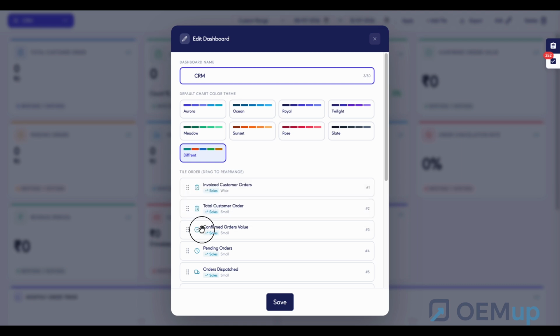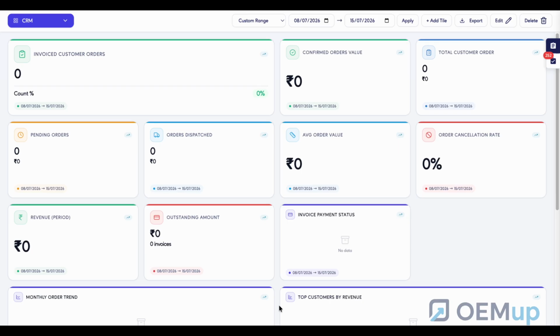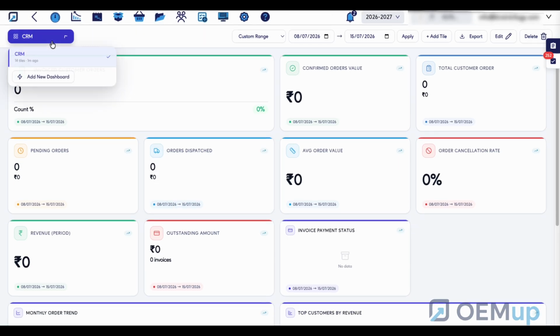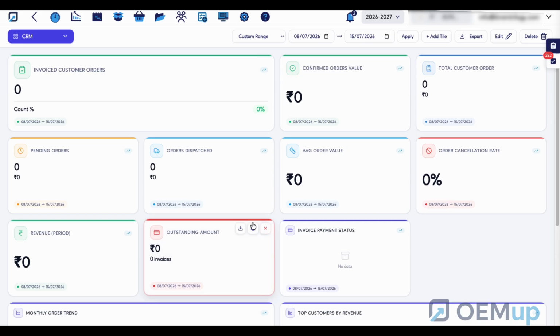And you are not limited to just one. You can create as many dashboards as you like, a separate view for sales, procurement, production, or management, each saved to your account. That's how you build your